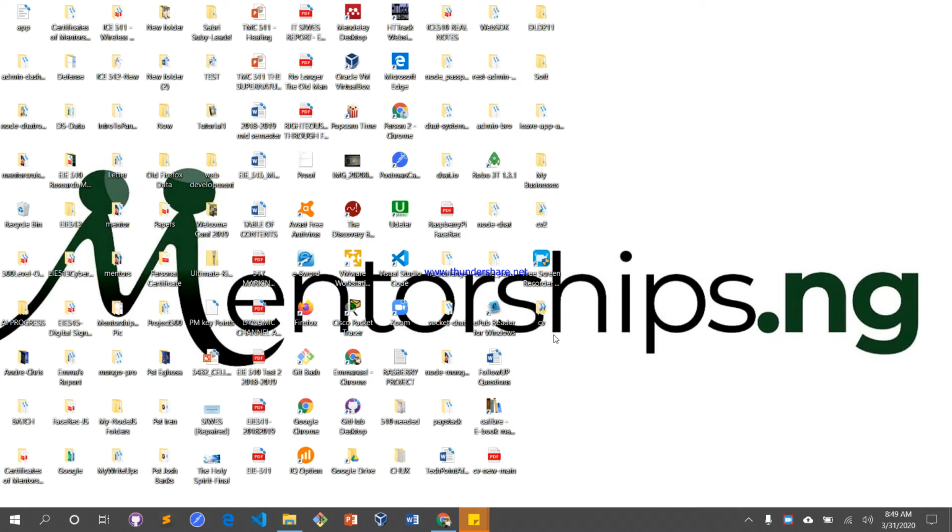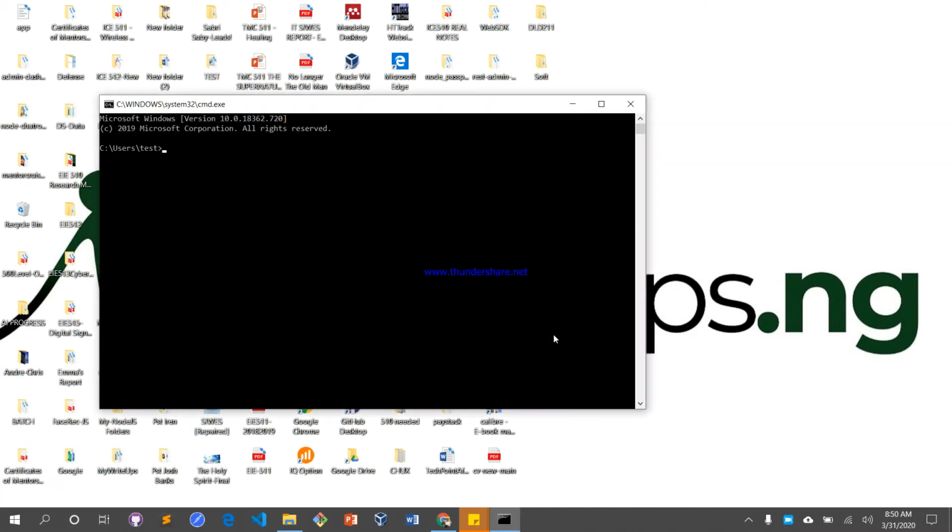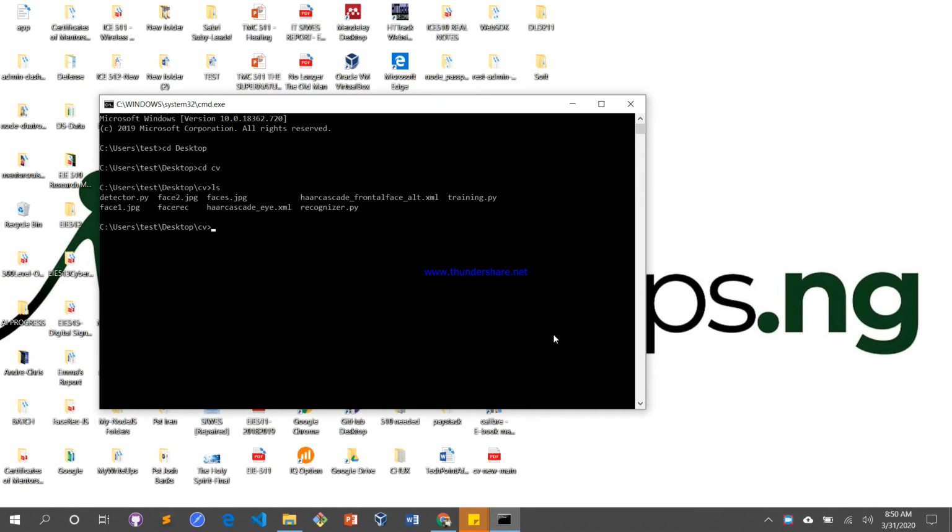So we open our VS Code IDE from our command prompt. Windows key plus arrow, then type CMD, enter, then let's CD to desktop because we want to create a folder in our desktop. Then CD to our CV folder. Then let us make another directory for face recognition. Then CD to face recognition. Then let's create 3 files: touch